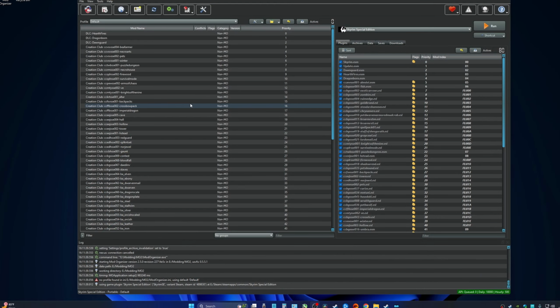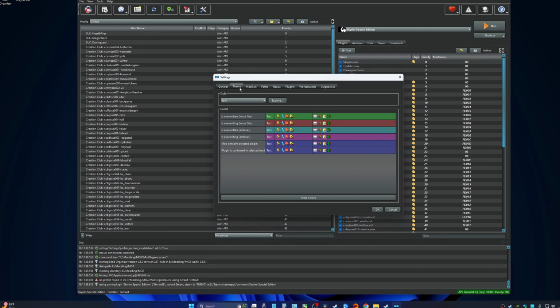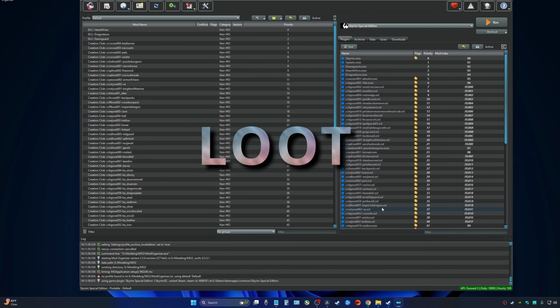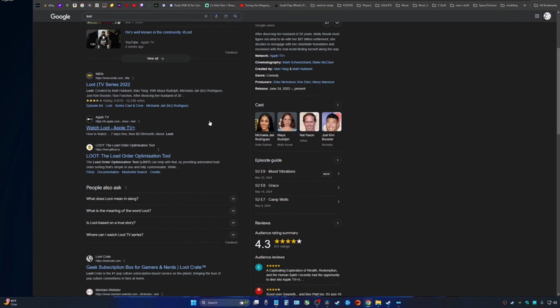You may now choose a dark theme for Mod Organizer 2 like I have done here by going to Tools, Settings, and under Theme you can select Dark Mode. We are now going to install the standalone version of the Load Order Optimization tool and integrate it into Mod Organizer. Go to your web browser and type in Loot. Scroll down to where it says the Load Order Optimization tool